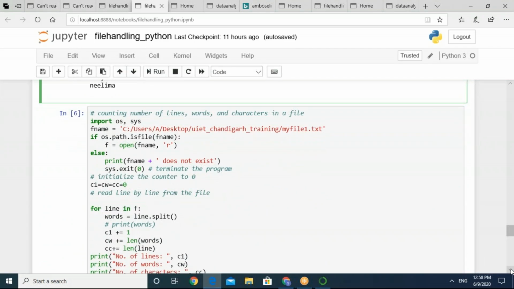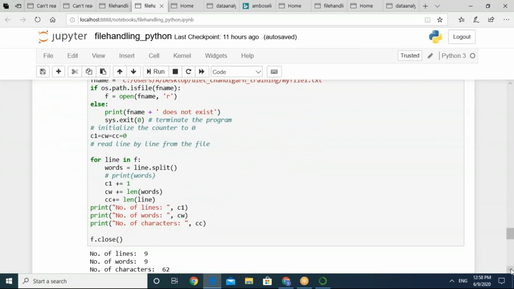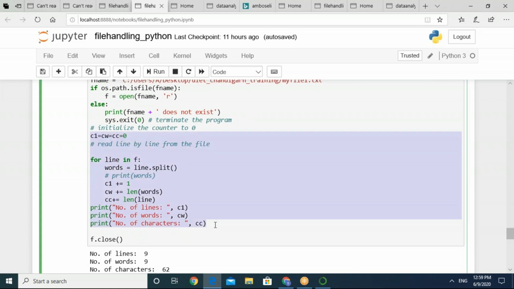So I got one query over here regarding the last example. So I'm repeating it again for you people. I'm going to explain this part which we have done at the end. After checking whether a particular file exists or not, we have tried to know how many lines or words or characters are there in total in the file. So it's a very simple for loop which is reading the file.